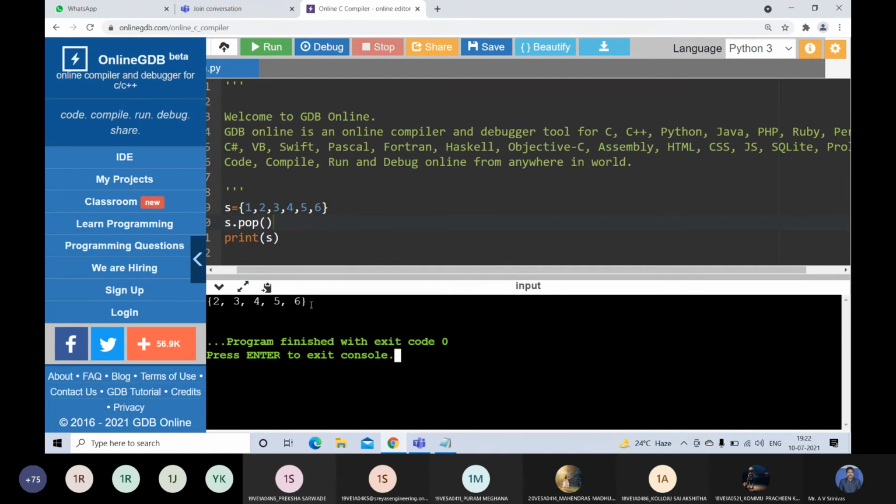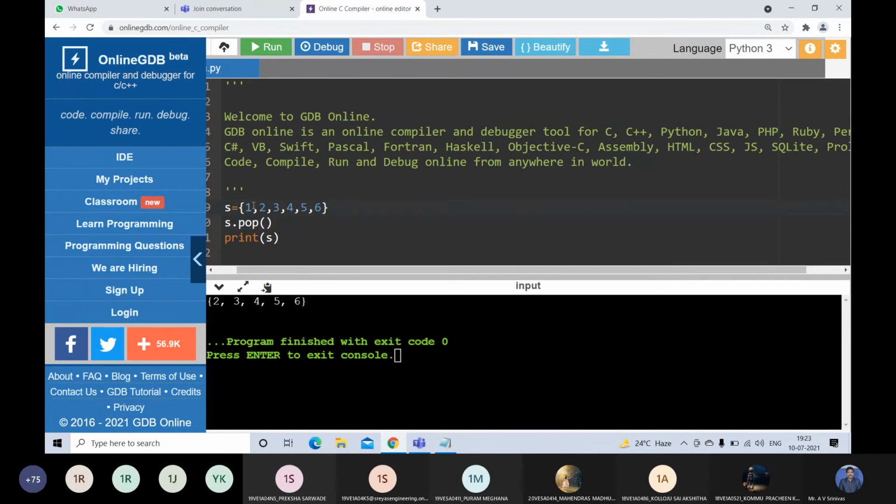Okay. Earlier in lists, if you use the pop method without an index value, the pop method will remove the last element, but in sets it removes the first element. Remember that. Don't confuse.